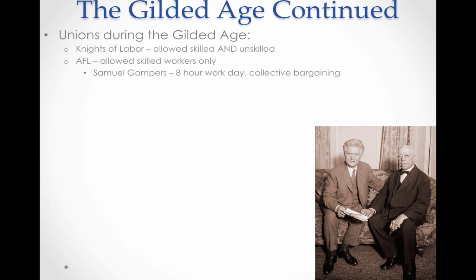All right, so at the time when we have this division between the wealthy and the working class, you start to see the growth of organized labor and unions in the United States. Some major early unions we need to know are specifically the Knights of Labor, which allowed all skilled and unskilled workers to join, so they believed in power in numbers. And then we also had the AFL, the American Federation of Labor, which we still see remnants of today, which specifically only wanted skilled workers because they felt that if you are a skilled worker, you have more power over your employer and they can't fill your job so quickly if you got fired.